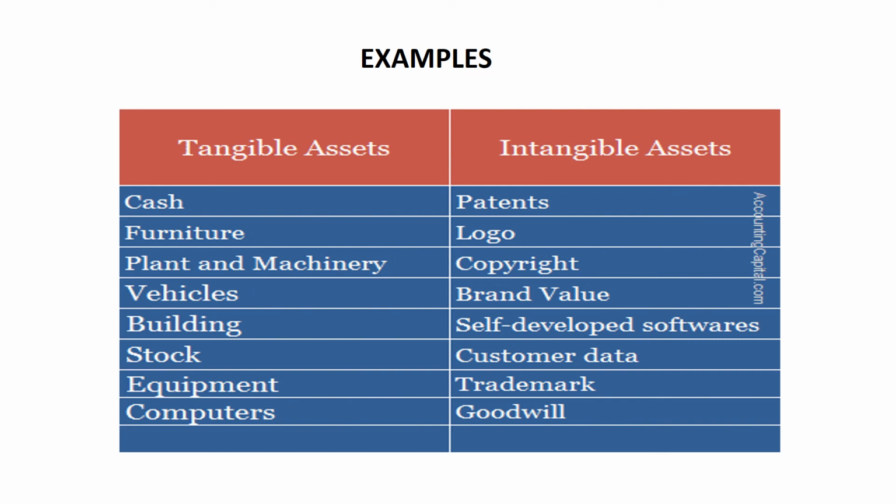You can touch a computer, furniture, your pen, your laptop, whatever it is. But intangible ones give you some kind of value, and their future value is more. You have got a patent now, but if you get money or some kind of fund from your patent, not now but after 10 years, that has more value than the furniture you got yesterday, right? Furniture may be just 10,000, but the patent value may be some lakhs or even crores. It's possible. So that is what we call tangible and intangible assets. First I wanted to tell you the examples of it, then we will go in for the